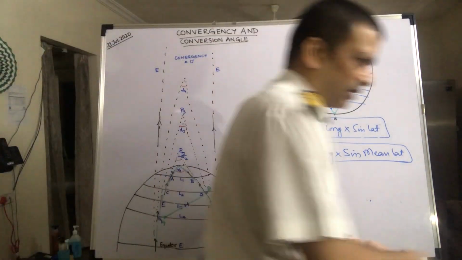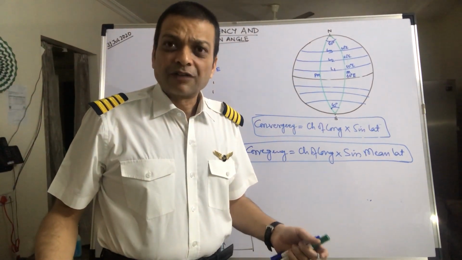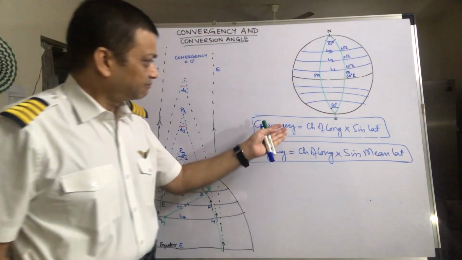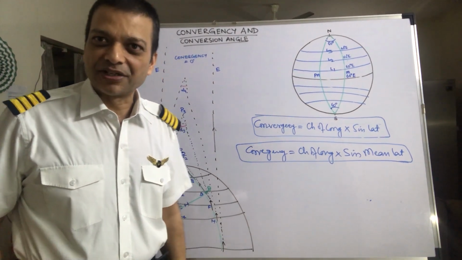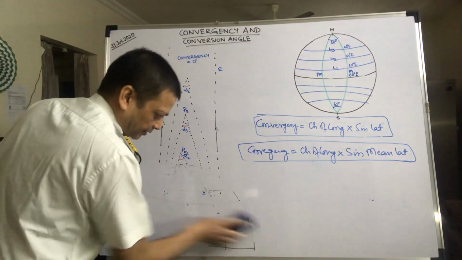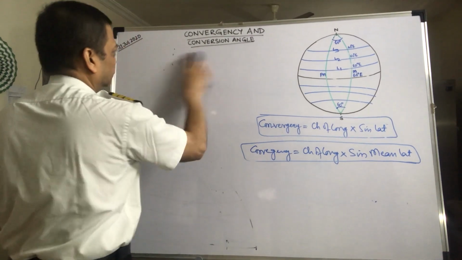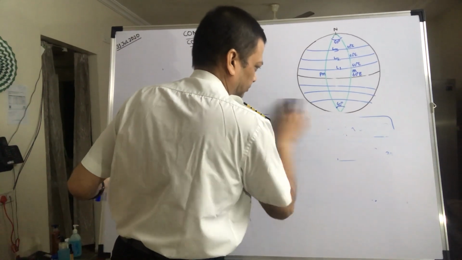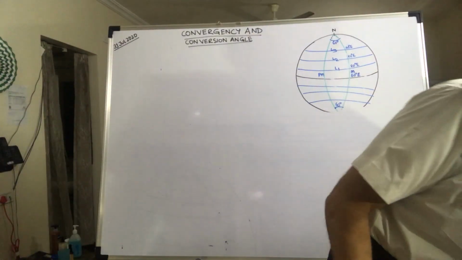Prior to that, there are various types of projections in the navigation which take the help of this convergency. Which all projections are there in the navigation? Can anybody tell me? Okay, coming prior to that, first of all, we'll first